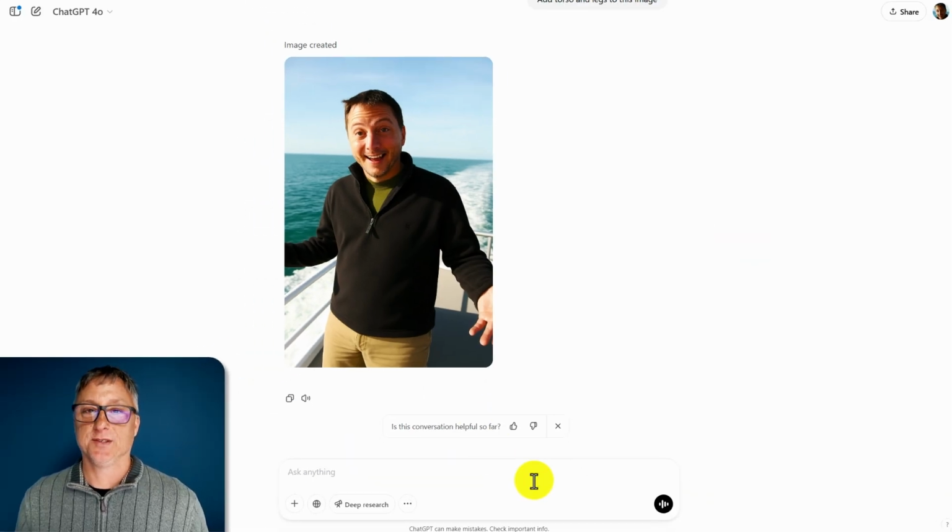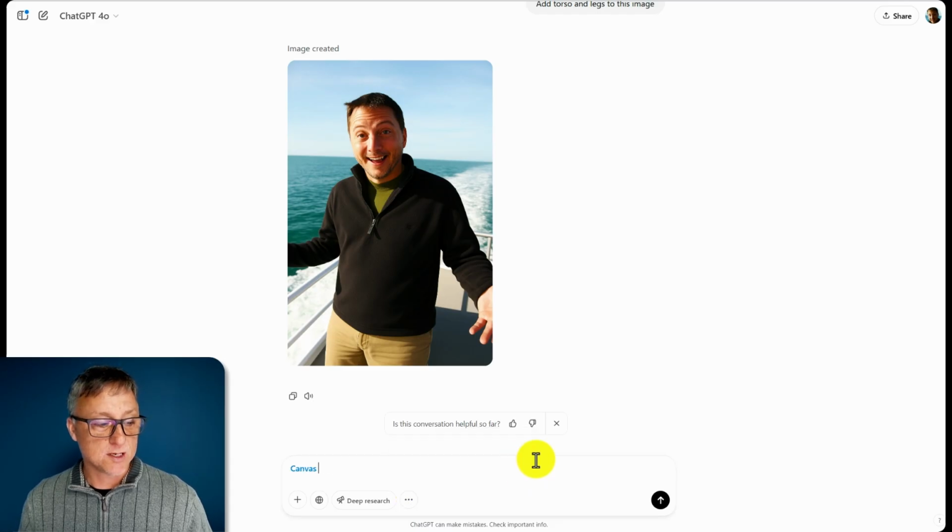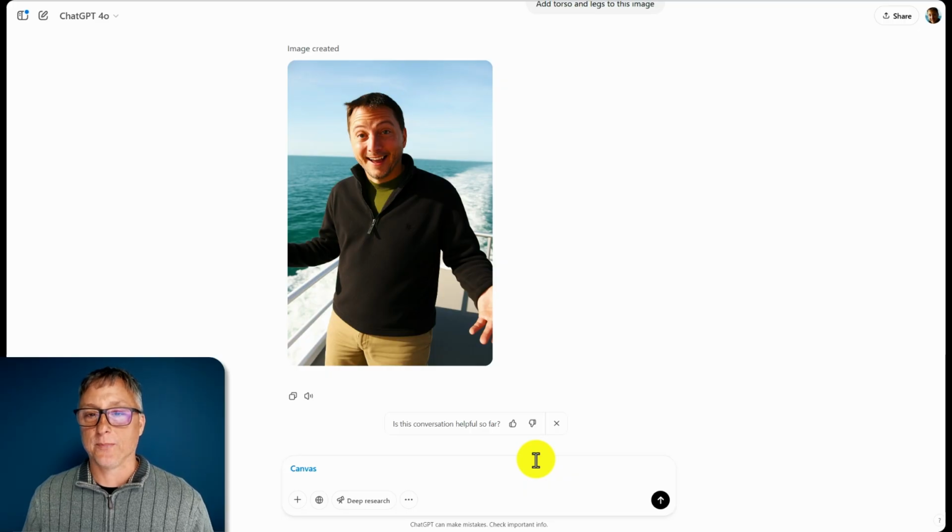Let's look at another feature. This is called Canvas. So most of the time when you're interacting with ChatGPT, you write a prompt, it generates content, then you can add another prompt that changes that content and it will spit out the new set of content, and it keeps content coming like a waterfall. But sometimes we want to work on a piece of content as a chunk and just work on little bits and pieces here and there without having to copy and paste weird prompts and content in and out of ChatGPT. Canvas is the tool that makes that happen. So let's use Canvas to write.